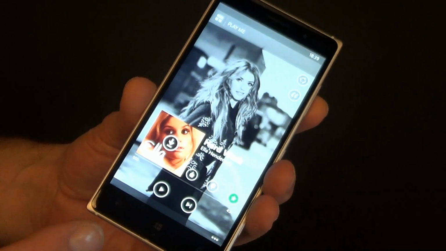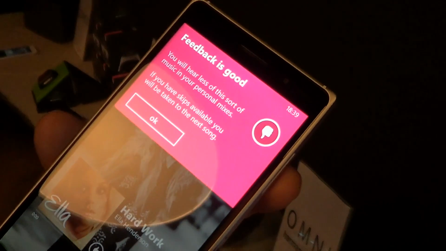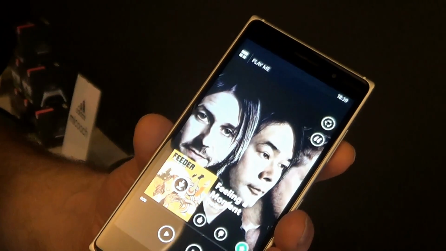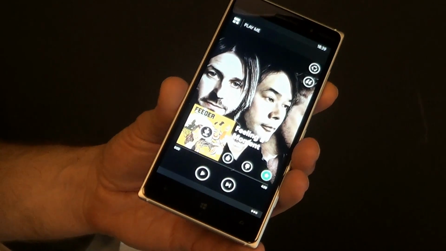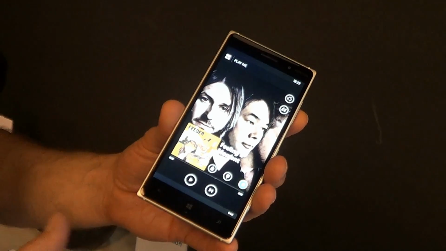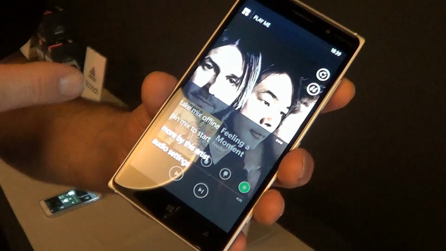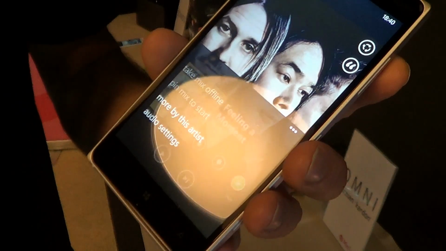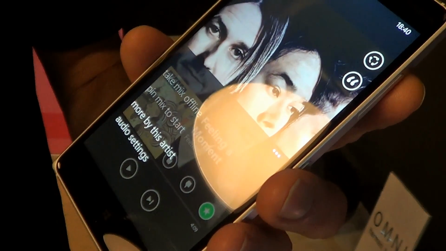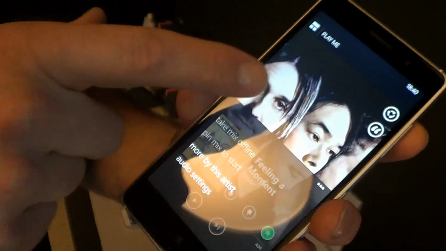Let's say I didn't like this artist, so I'll do a thumbs down and I'll get the feedback is good. You'll hear less of this music in your personal mixes. So this is very easy, very simple and very mobile optimized, and there'll be a skip that will go in there so that this is your personal radio station. And one of the differentiators that we've got, should I like this mix, I can take this mix offline. So if I'm cautious of my data costs, or I simply don't have any 3G, 4G connection or Wi-Fi connection, if I'm on a plane, I still have that wonderfully crafted Mix Radio